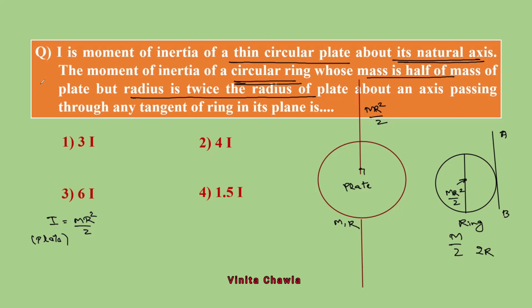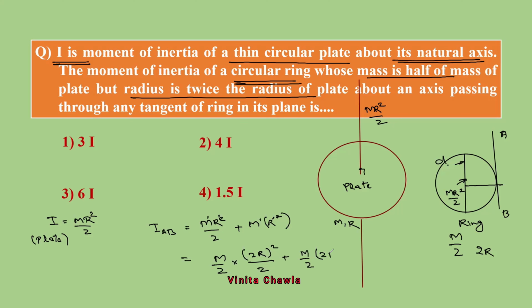It is given to you कि ये आपका I है, ठीक है। आपको किसके अबाउट निकालना है, इसके अबाउट निकालना है। तो moment of inertia about this axis AB is equal to moment of inertia about its diameter, वो हो गया mr²/2 plus the distance, ठीक है। तो mass और radius different हैं, we can write m dash r dash, and m dash is the mass and square of the distance, ठीक है। अब इसमें आप m dash के प्लेस पे पुट करोगे m/2 और r dash के प्लेस पे पुट करोगे 2r होल स्क्वायर अपॉन 2 प्लस m/2 r dash स्क्वायर मतलब 2r होल स्क्वायर, ठीक है। नाउ सॉल्व दिस। आपका ऊपर आ गया 4, नीचे भी 4 है, तो mr² और यहाँ पे आपका आएगा 2mr², राइट। This is 3mr², and we can write this as 3 into mr²/2, सॉरी 2mr², ठीक है।